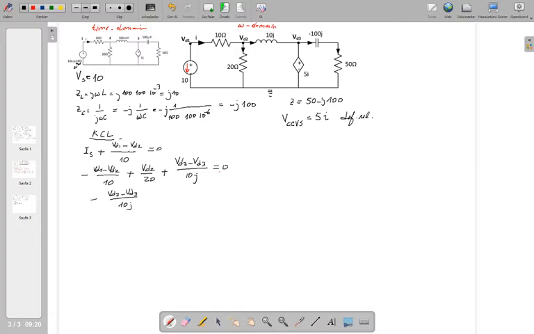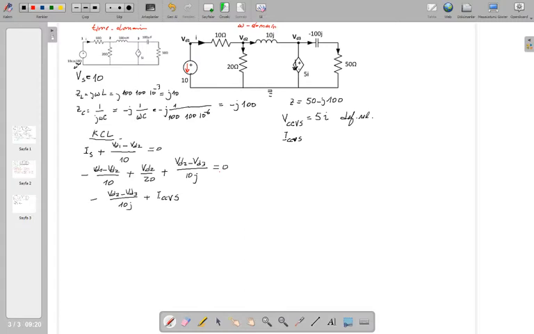So in that definition relation, we don't see the current of this element. This element has a current controlled voltage source current. This current is not seen in the definition relation. Now while we are writing the Kirchhoff current law equation here, I'm going to write the current of this element. According to passive sign convention, the direction is downwards. So this current is going to be plus ICCVS.